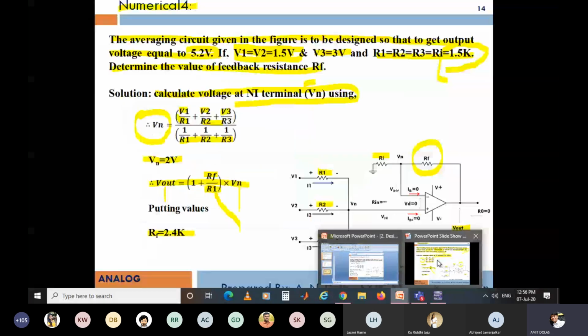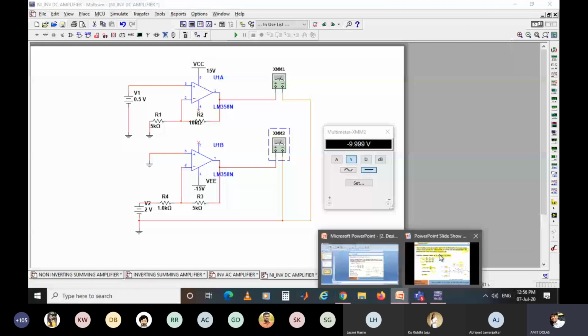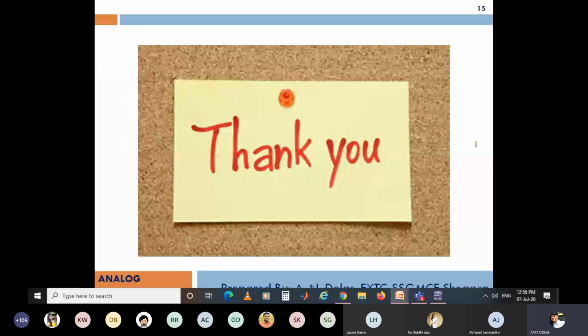So this was all related to non-inverting amplifier, summing amplifier and scalar from my side. Thank you very much. If you have any question, there are 4-5 minutes. You may discuss with me, or else later on we may have discussion if you have any doubt. Please unmute yourself if you wanted to discuss something with me. I'll wait for only 3 minutes to 1 p.m.